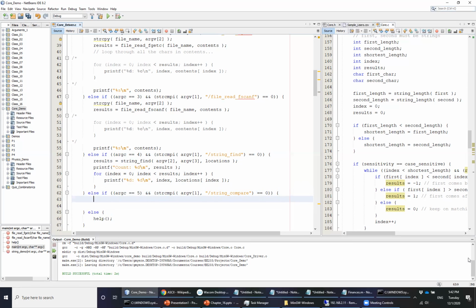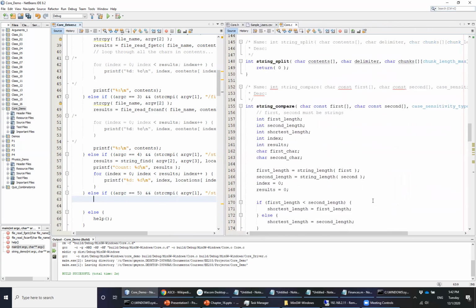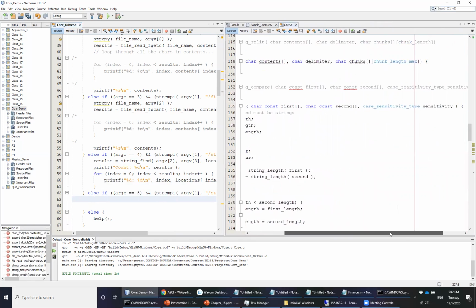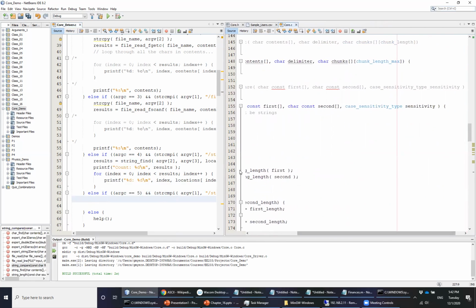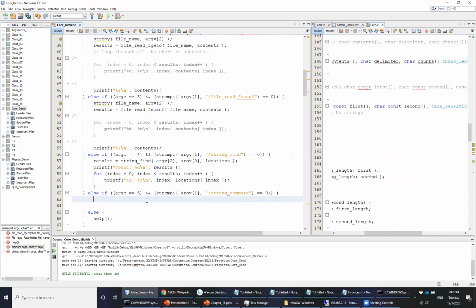But in this case, I'm just going to go ahead and pass my argv2 and my argv3, but argv4 is going to require a little bit of extra logic here, because we need to be able to pass it as a case sensitivity type, not as a string. And so to be able to handle this, what we do is we have another if statement. So if string compare I,